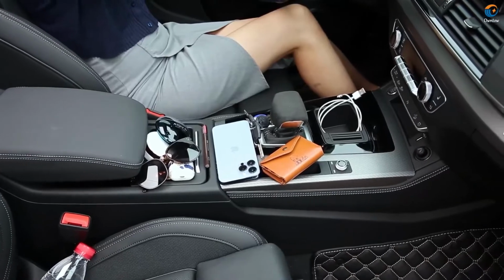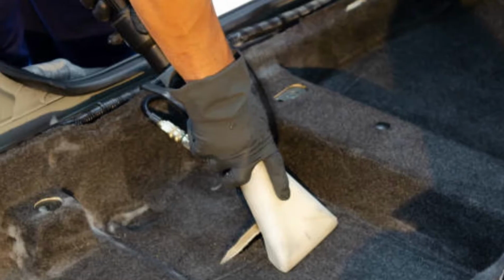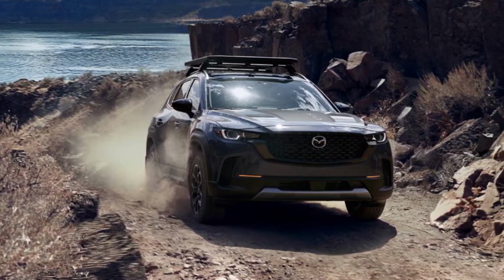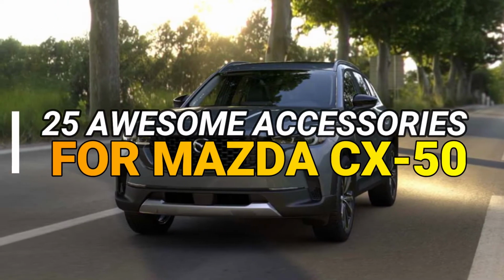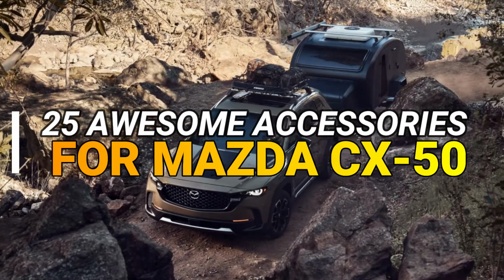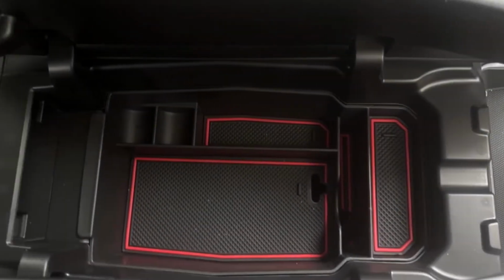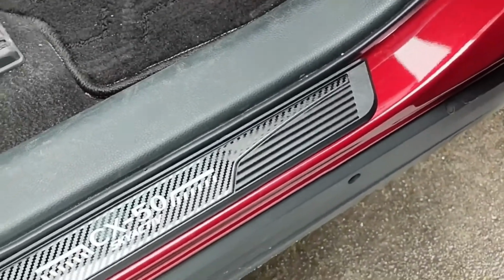Sick of digging through a messy center console or dealing with a cluttered trunk? Or just tired of always cleaning up your car floors? Your Mazda CX-50 deserves better, and so do you. In this video, we're showing off some cool, practical accessories made just for the CX-50 that'll make your daily drives way easier. From handy organizers to stylish little upgrades, you'll be amazed how these small tweaks can totally level up